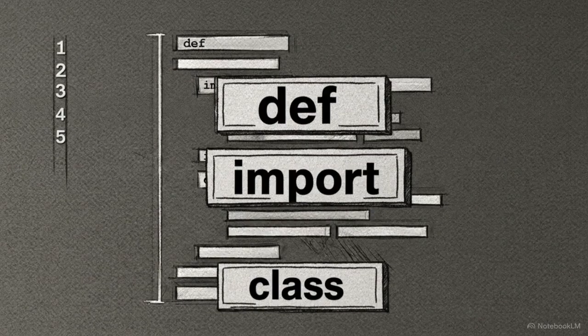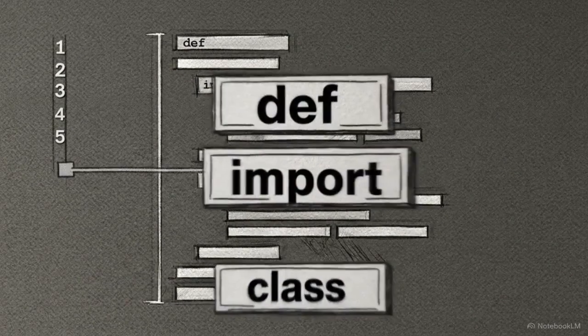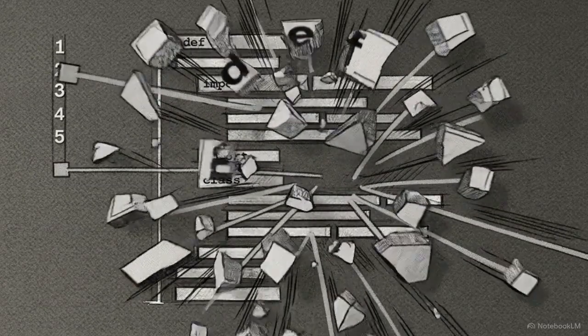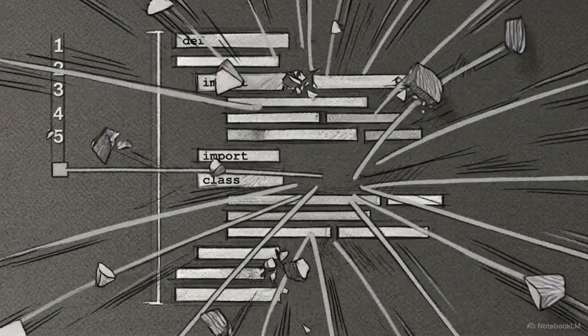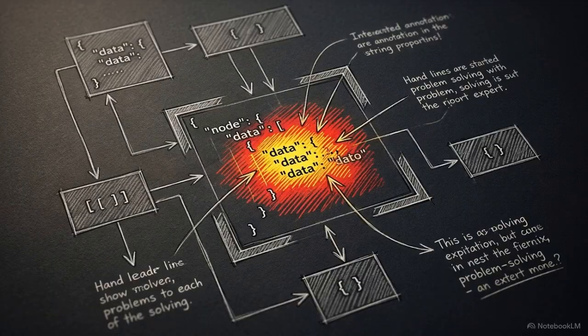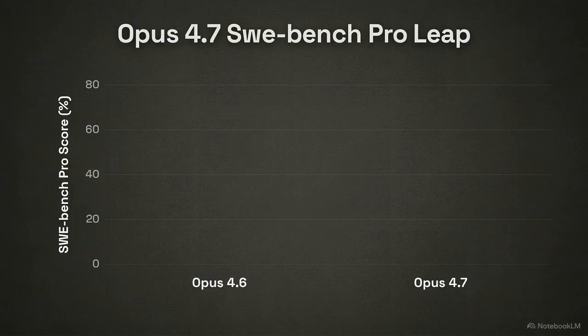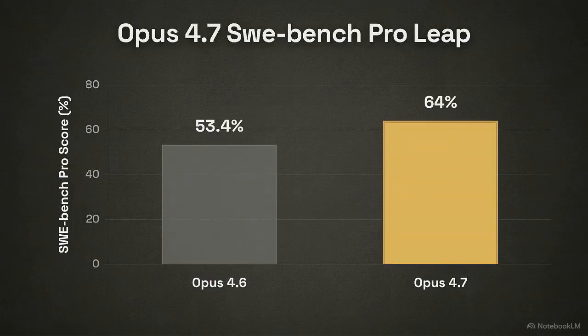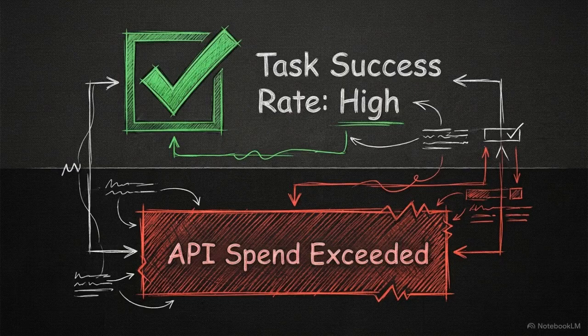High-frequency coding strings like keywords, identifiers, and repeated syntax take the heaviest hit because the new vocabulary refuses to collapse them into long merges. This is an architectural trade-off. Smaller tokens force tighter attention across the prompt, which helps the model follow strict instructions and reduce tool call errors. That tighter attention drives the jump on SWE-bench Pro, where Opus 4.7 leapt from 53.4% to 64.3%. The model is smarter, but you are now paying a heavy token penalty on every single character of your prompt